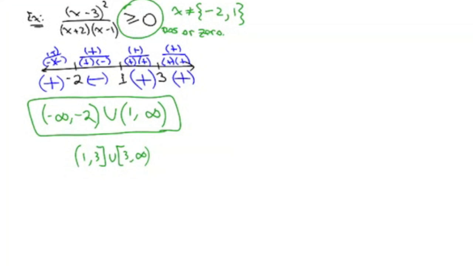Not that hard, right? That's all it is for 3-6. Same thing over and over and over again. If it's not in factored form, you have to put it in factored form, and then just do a number line test on